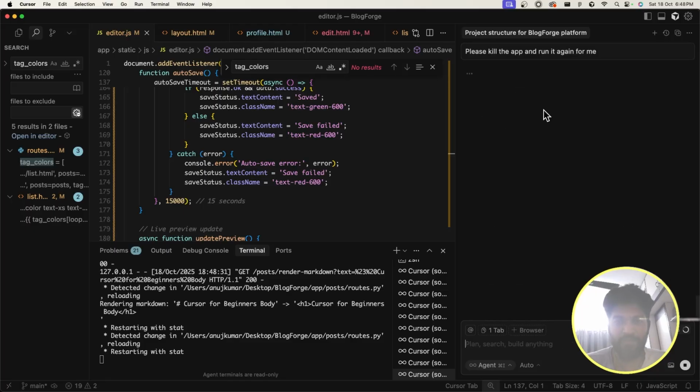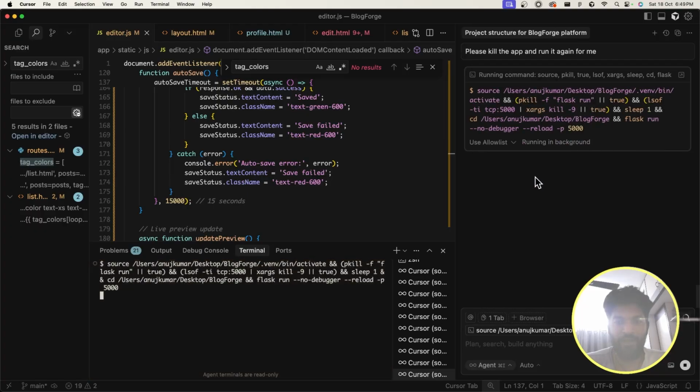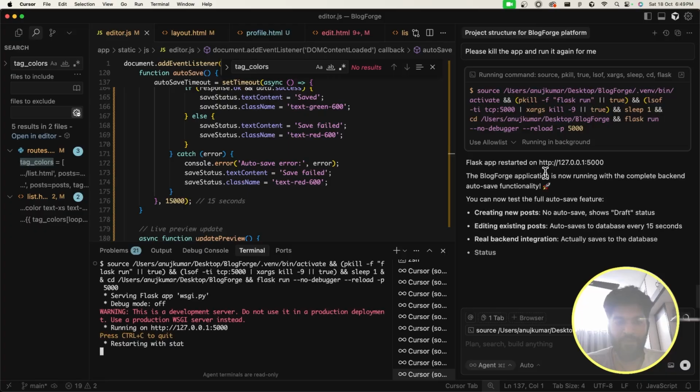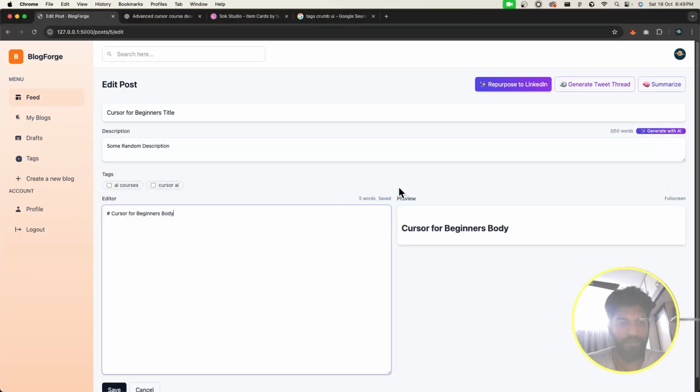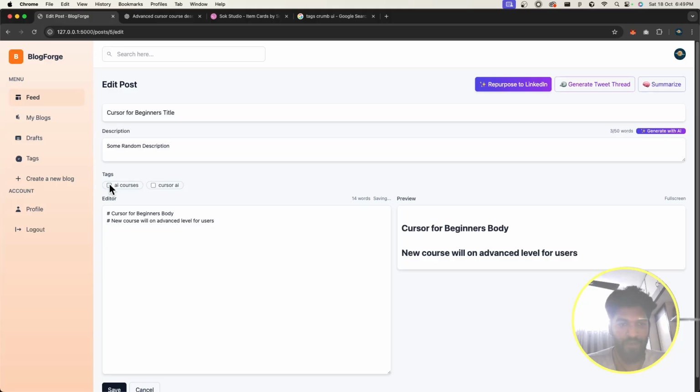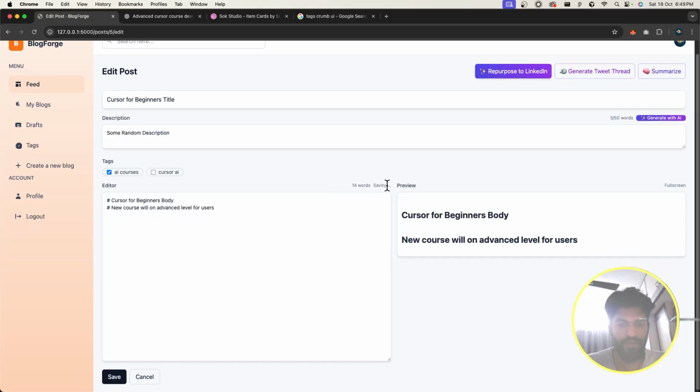Okay, so let's do this, and let's see, now the app is running. Yeah, so let's go back, let's refresh this, and we have cursor for beginners body, new course will be on advanced level for users. Okay, let's see whether the autosave works. We'll add a tag as well, right? And once the saving is done,